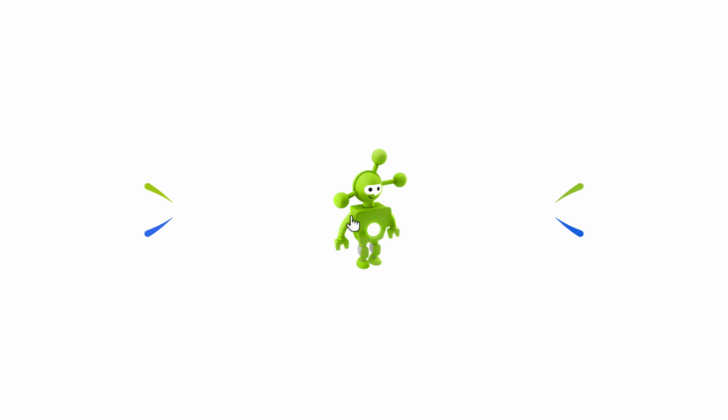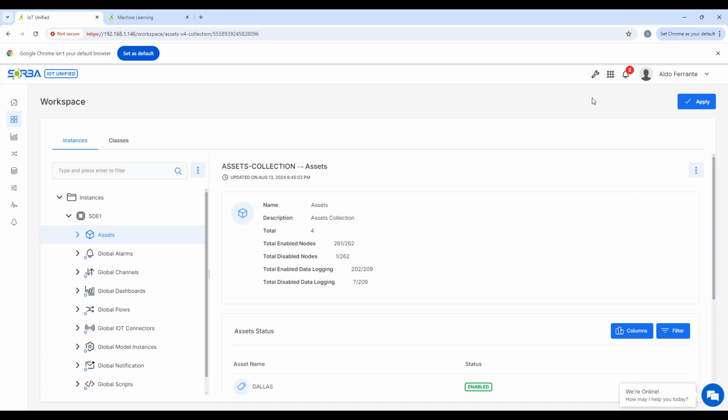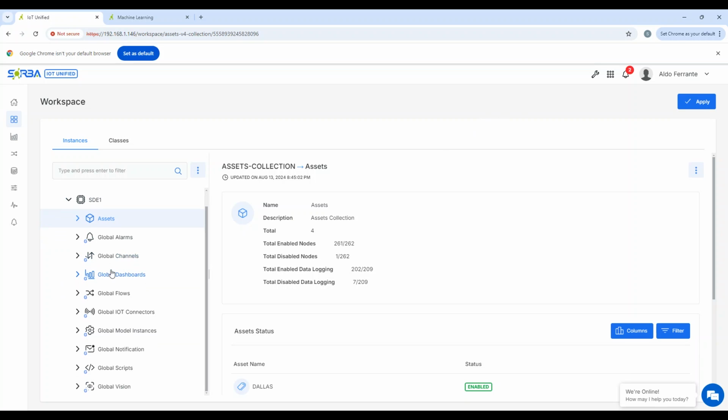In this video, we'll be talking about the exciting new features with the new release of Sorba 10.0.0. First of all, within your workspace, you now have new tools for navigation. Primarily, you have the ability to create asset groups. Now, you can more than ever before organize your instance, have your data organized in the way that makes sense